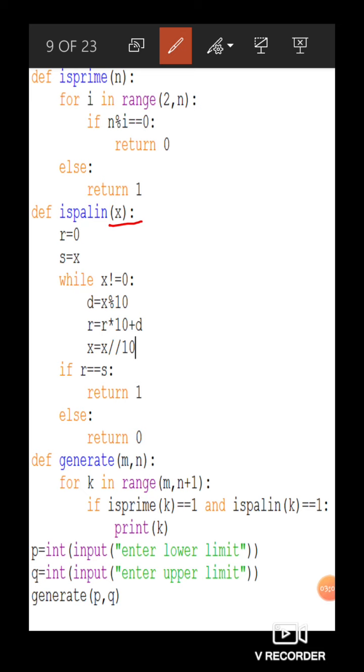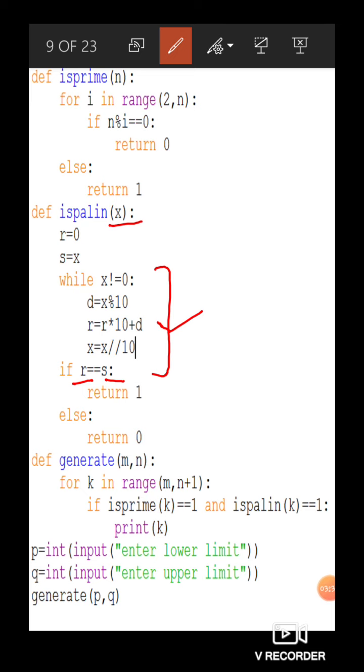Here I have simply taken out the reverse of the given number by extracting one digit from the back and finding the reverse number. After getting the reverse number in r, the variable where I am getting the reverse number, what are we doing? We are comparing it against s and not x.